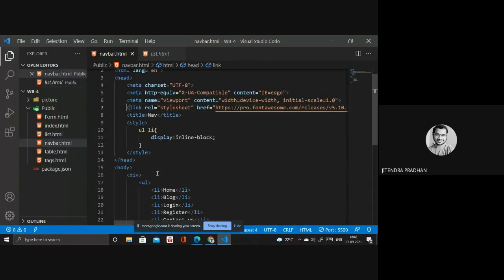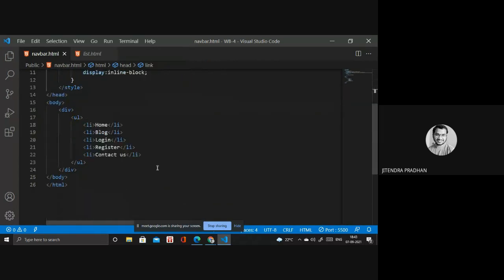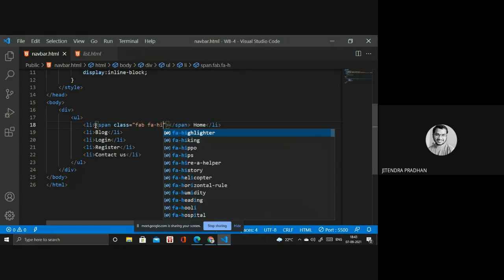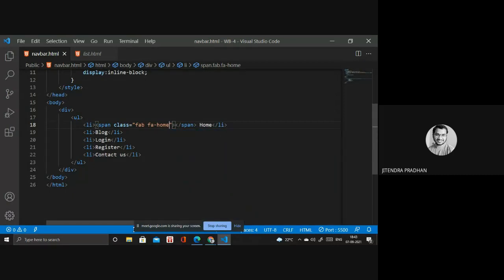Okay, right, done. Next I will design something like the home button, all this, in a span. I have to use span. Inside I will write the class, wait, what is the name we have for home? Let's see, I will zoom in.